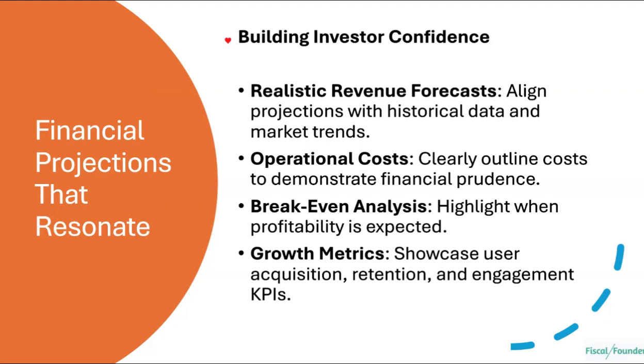Have your growth metrics, your KPIs. These are so key. Like what's your CAC? What's your churn? For the software you're selling, what do you think other industries' benchmarks are? Some of these you can find in publications. If the company is public, you can probably find a lot of this information online. That's a great starting point for you. And then kind of tweaking it from there to see what makes sense for me at this young stage where I don't have the skill set or the resources that they do. What can I do at this point? So keep all of that in mind when you're putting your metrics together.